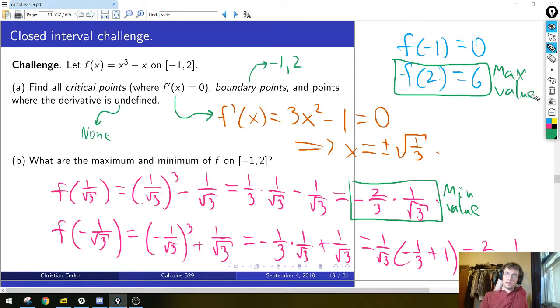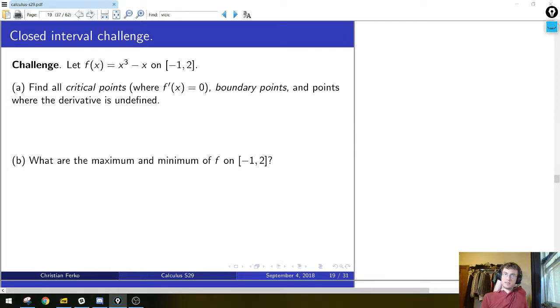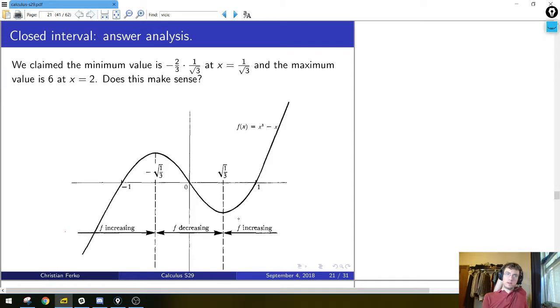Okay, so now we have extremized this function. We have found its max and min on this interval. And I'm going to jump to the answer analysis to see whether this makes sense before going back. This is the same plot I showed you before, so let's see if this makes sense. I've showed you a little more than the interval in question, but we see that if we're going from minus 1 here to 2, which is over here, a little past the plot actually, then visually it makes sense that